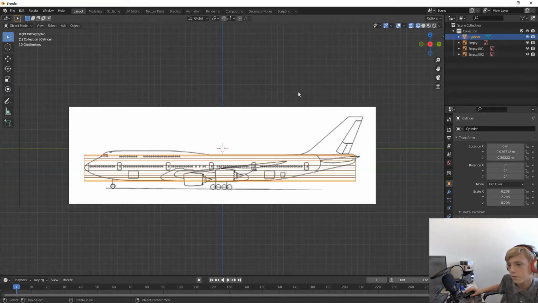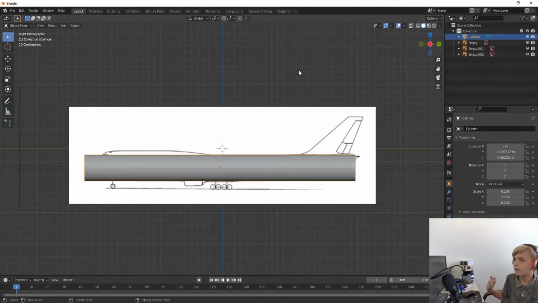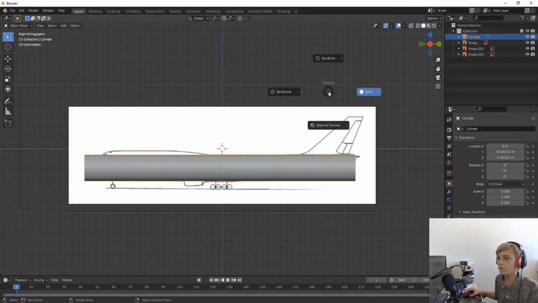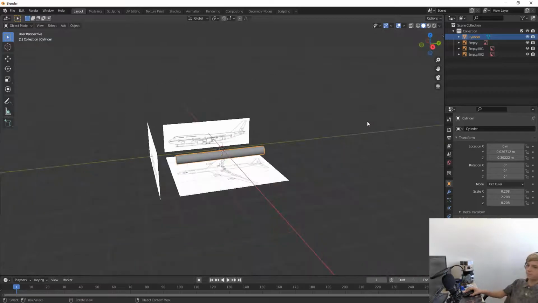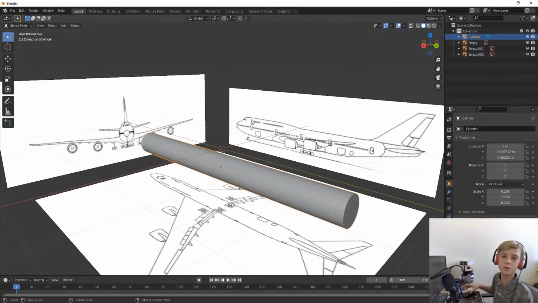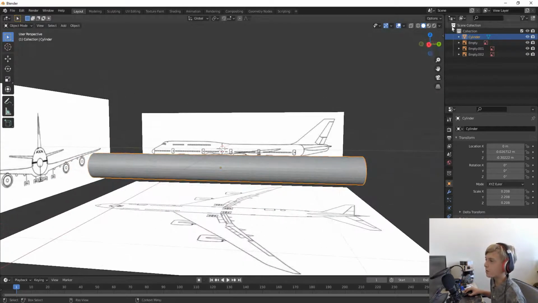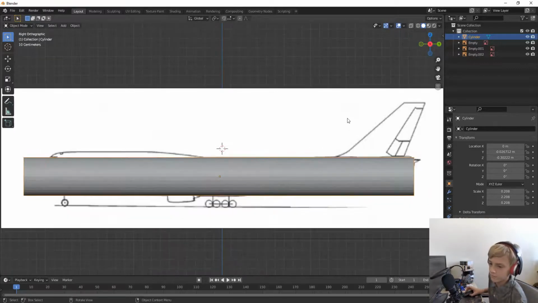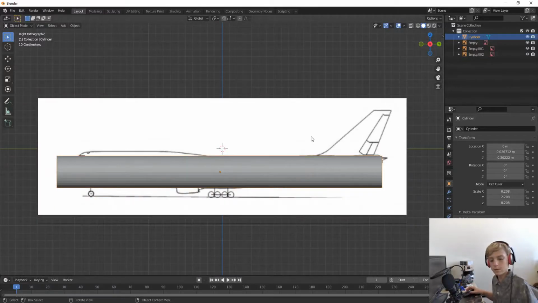All right. So then hit Tab again, and then Z, and then select Solid View. All right. So look at that. We have our cylinder. That's the plane. The tutorial's done. I'm joking. All right. So go into this view, then hit Tab,